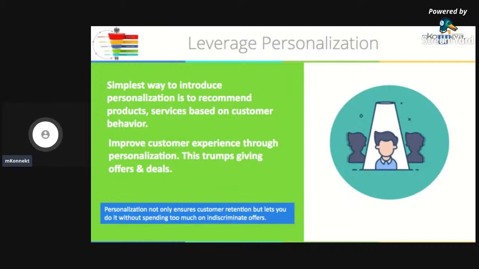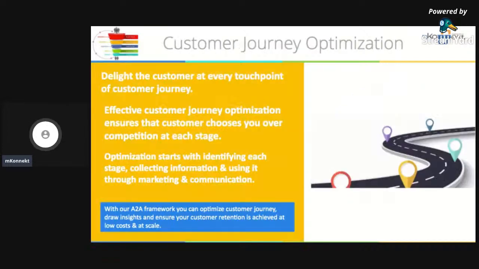And obviously, this can be done only with the right technology in place, in the sense that if someone places an order online or in store and you have 100 customers, trying to go through them and finding out what they have ordered is not feasible, and it takes the charm out of this whole personalization. That's where having the right technology is very, very important, which, when we talk about the technology piece, means